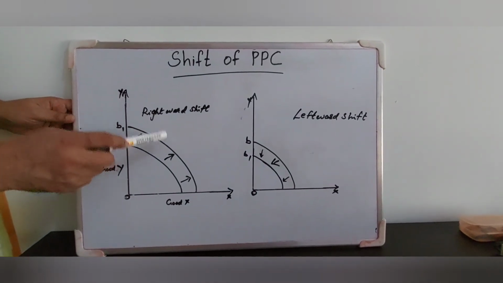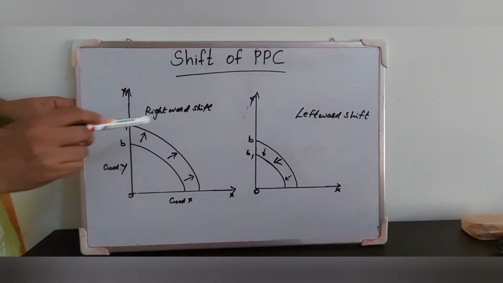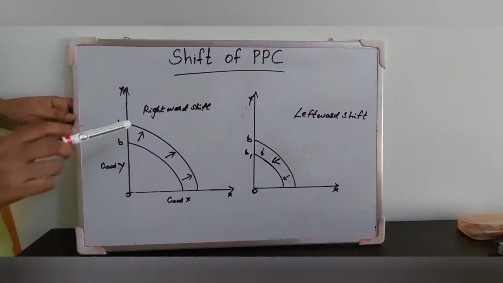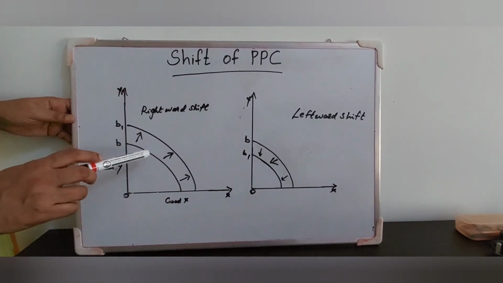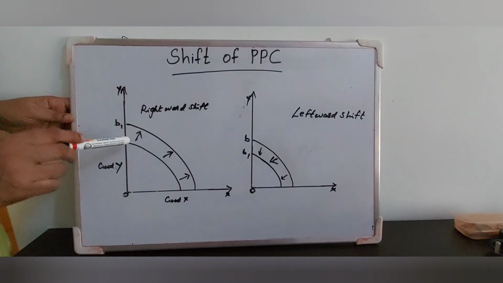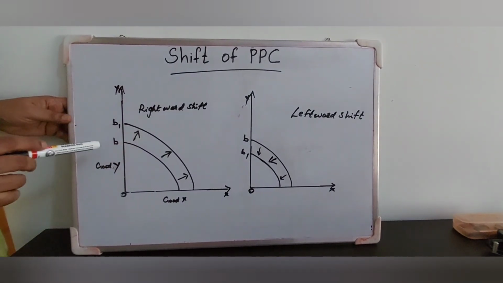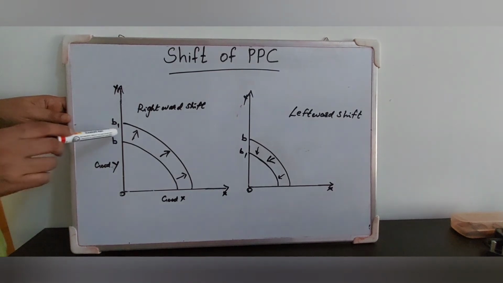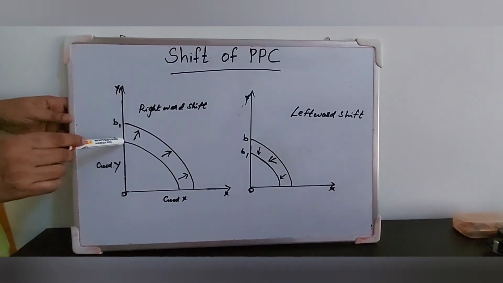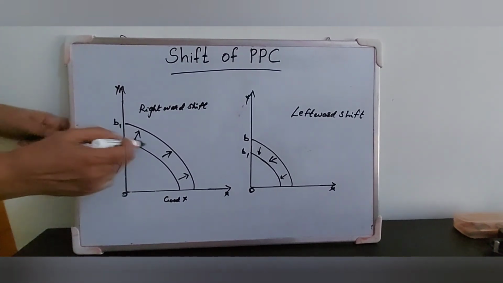So now you know what is meant by PPC, production possibility curve, what is its nature. Now, how the PPC curve shifts rightward. What can shift the PPC rightward? Here you can see the PPC curve, original PPC curve, it shifts rightward